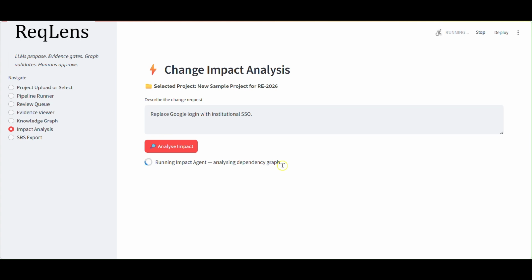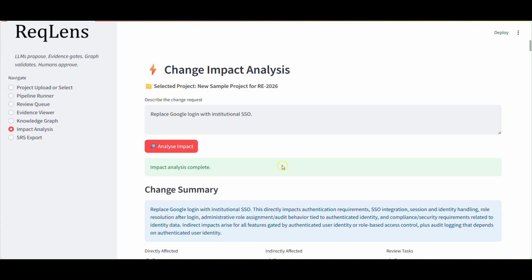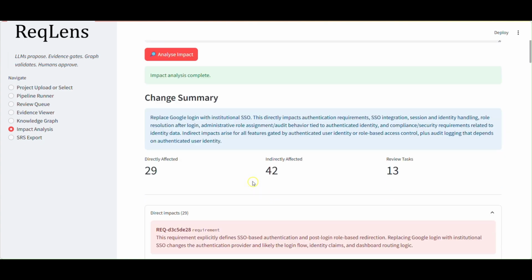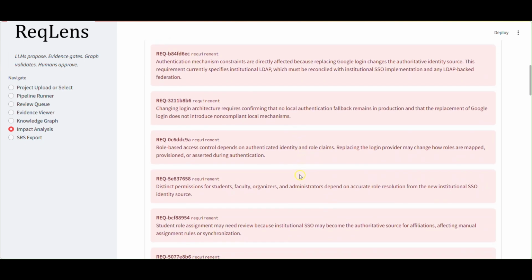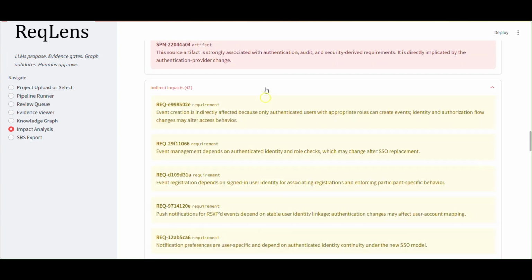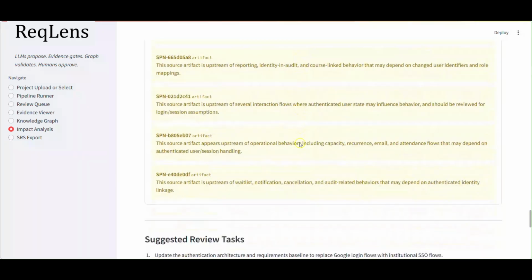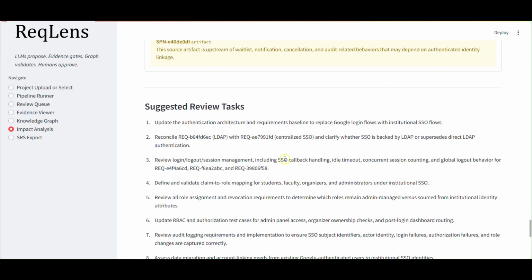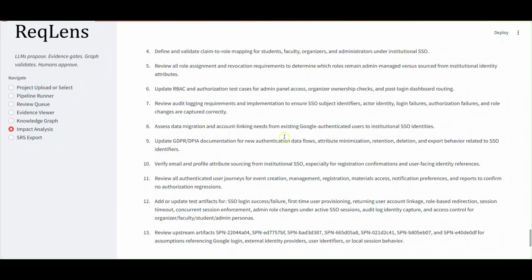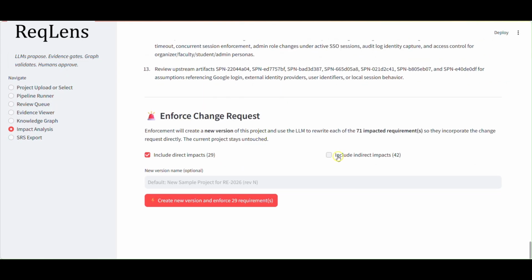So the dependency agent is being called, as you can see, and the summary is generated with all the directly affected and indirectly affected requirements. All the requirements which are directly and indirectly affected are shown here along with some suggested review tasks. We can enforce this change request along with the directly and indirectly affected requirements,